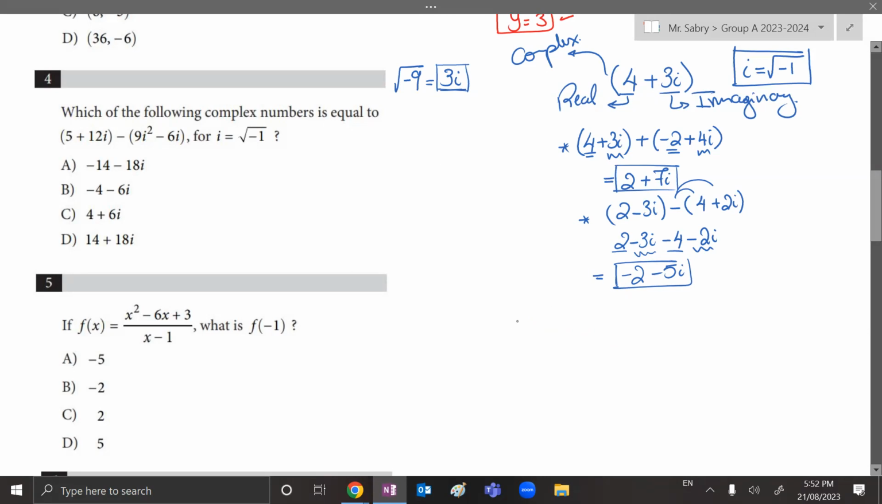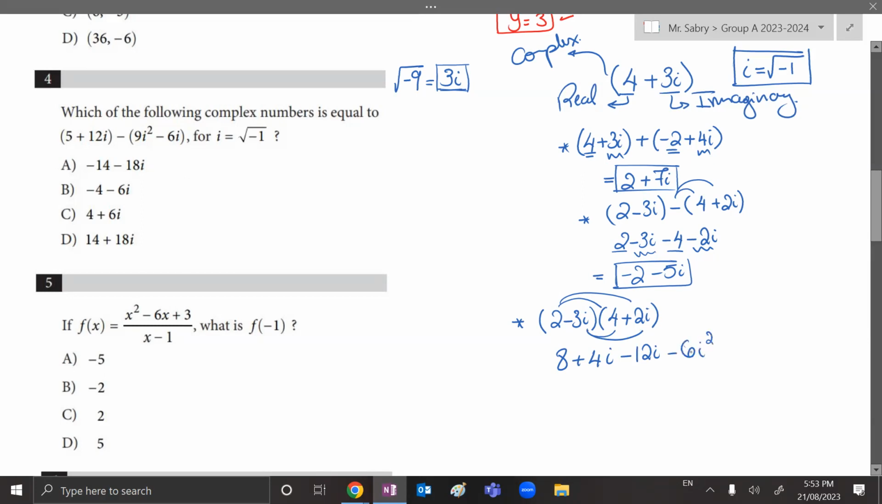Now focus on these. Now in the multiplication, let's say we have 2 minus 3i, and then now multiplied by 4 plus 2i. When we're multiplying any 2 brackets, we still have to distribute. So the 2 will be multiplied by the 4 and will be multiplied by the 2i. 2 times 4 is just 8. 2 times 2i is 4i. Then -3i times 4, which is -12i. -3i times 2i, which is